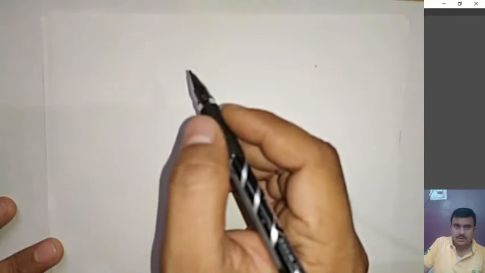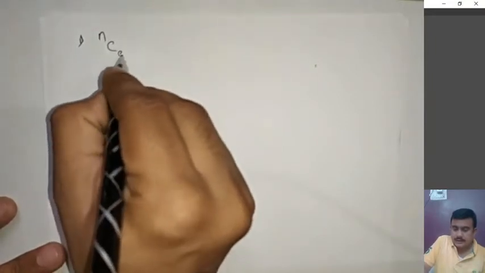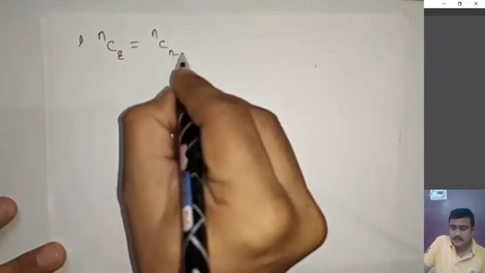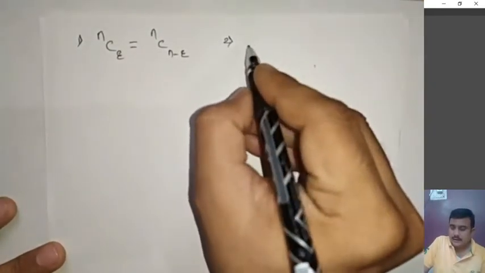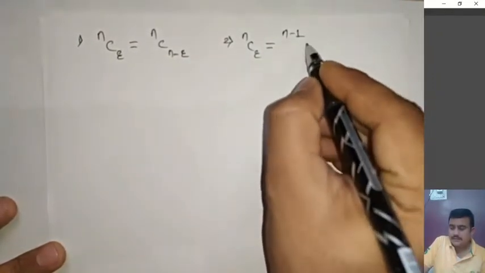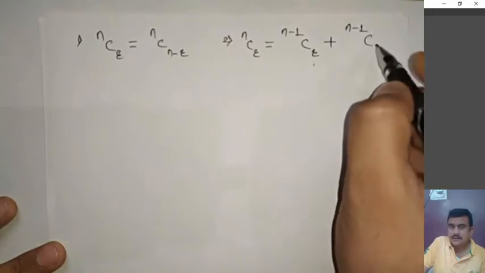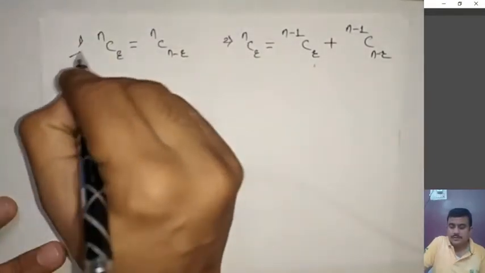In permutation and combination, we have to prove some properties of combination, which are: number one, we have to prove nCr equals nC(n minus r), and second is nCr equals (n minus 1)Cr plus (n minus 1)C(n minus r). Now we have to prove these two properties